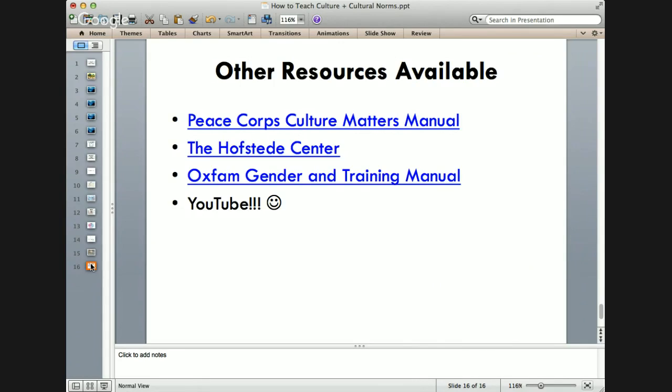There's the Hofstede Center, and they actually map out those 5 dynamics of culture that I mentioned at the beginning. They do that per country. There's only a couple of our summit countries that are on there, but if you want to do more research and methodology, you can dig into there as much as you want. And then the Oxfam Gender Training Manual. So if you need some more ideas on what gender activities we can run beyond what I've mentioned,